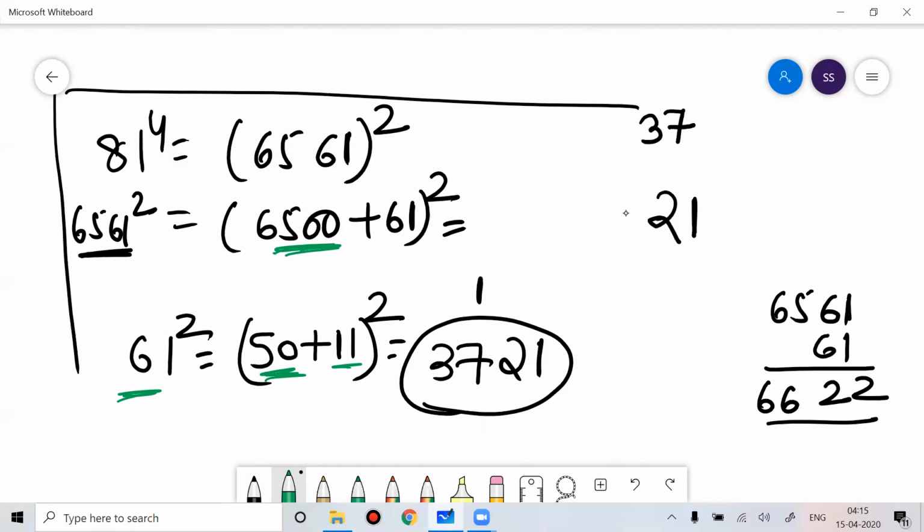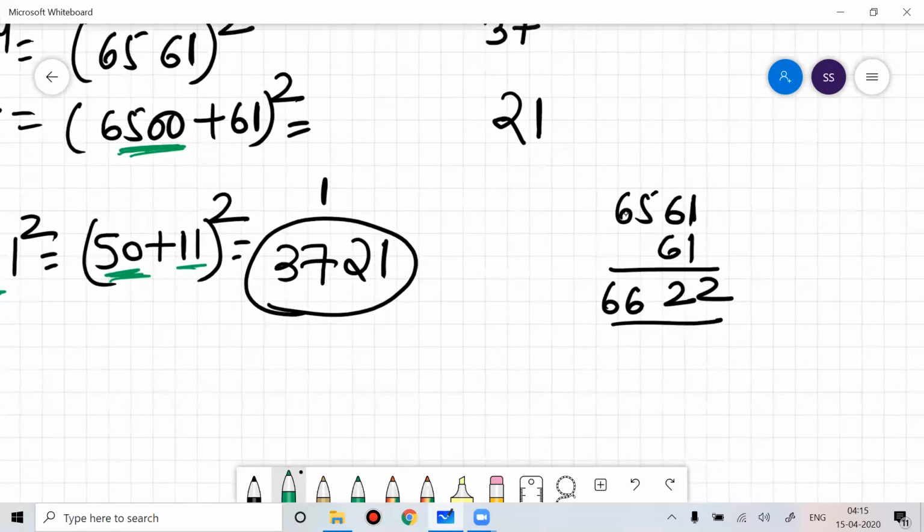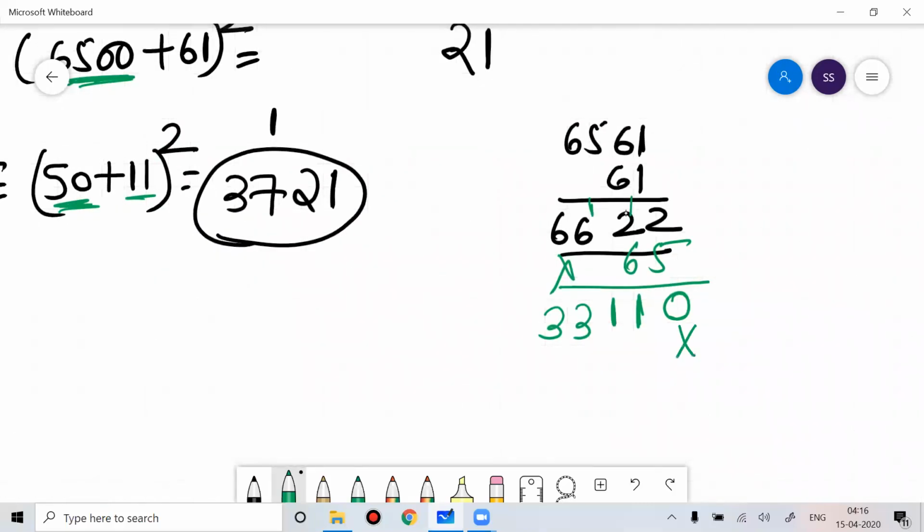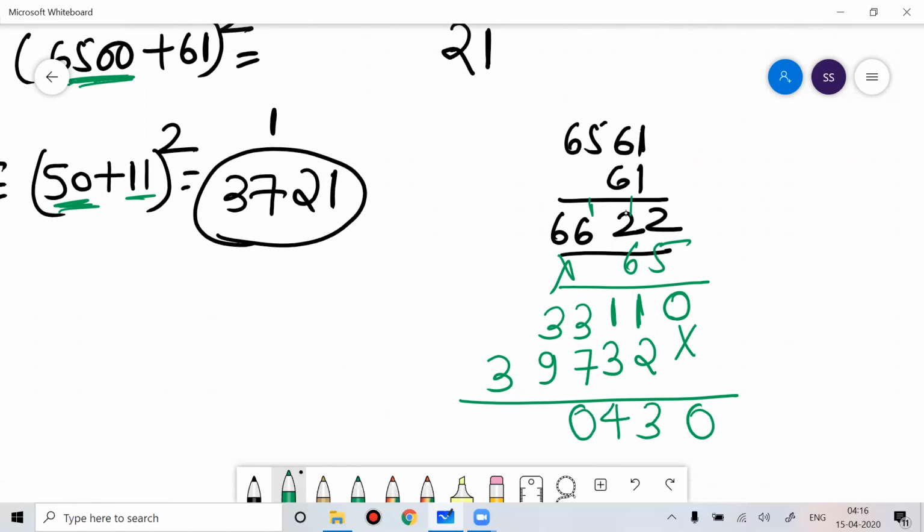Like the same way, 6500 is 65 times of 100. What you will do, multiply this number with 65. So if you multiply this number with 65, you get 0. This is 10, this is 11, 1 carry, 30, 31, 3 carry. This is 3, 3, 1, 1, 0. Then this is 6 times 2 is 12, 13, 1 carry, 37, 3 carry, 39. So you will get 0, you get 3, this is 4. Then 10, this is 13, this is 4.